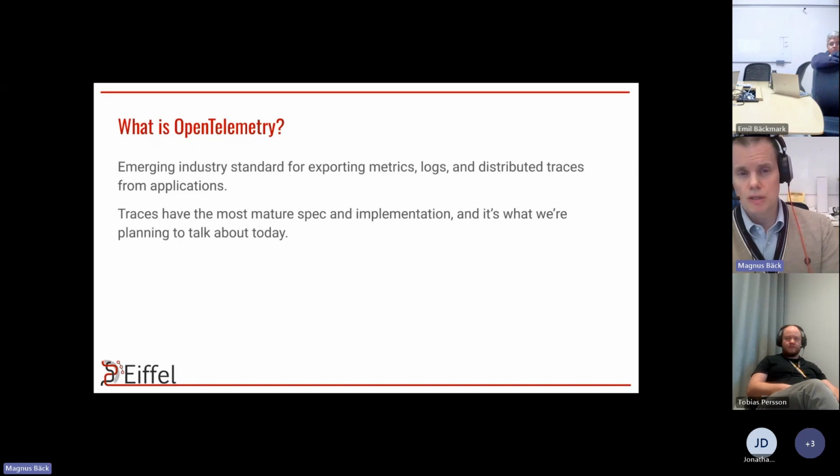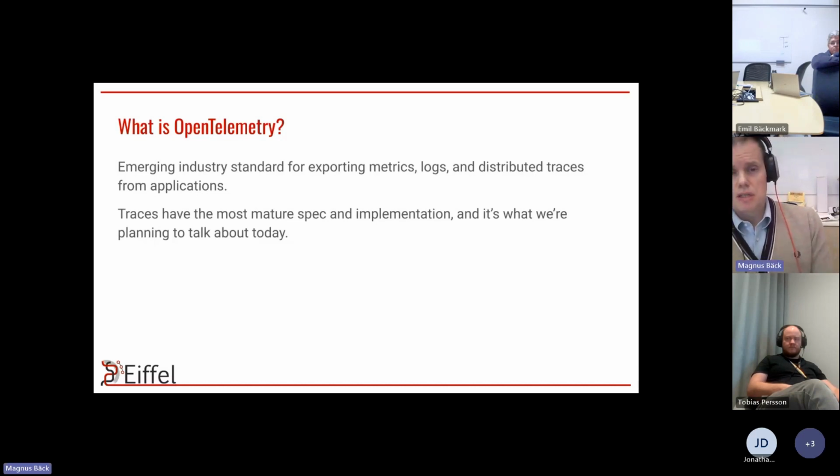In somewhat recent years, there have been two efforts, OpenTracing and OpenCensus, that have aimed to solve this problem. And for some reason, I don't know the background, OpenTelemetry was founded to basically merge OpenCensus and OpenTracing, and also add logs and metrics. I think metrics was part of OpenCensus as well. I'm not too well read on those parts. Anyway,